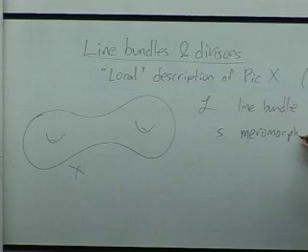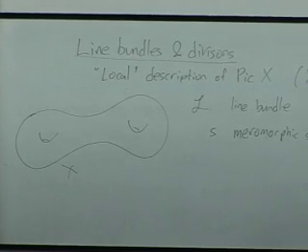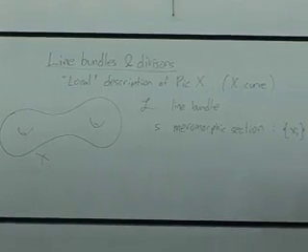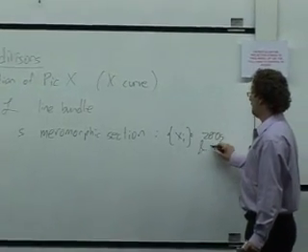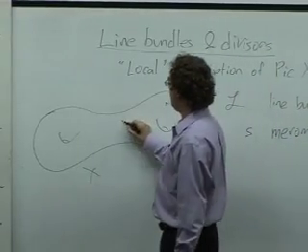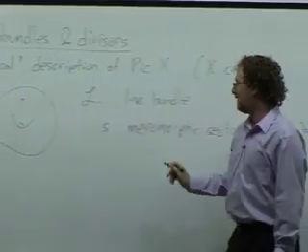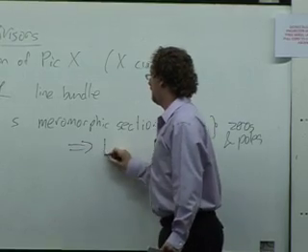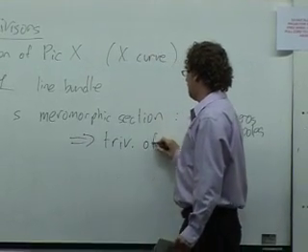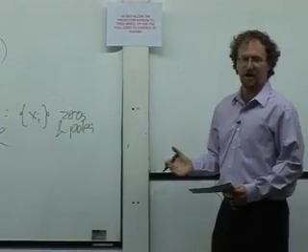So for any holomorphic line bundle on a Riemann surface, I can find a meromorphic section S, which is going to have a finite set x_i of zeros and poles. So we have a section of L that, away from these finitely many points, defines a trivialization. We get a trivialization of L away from these finitely many points. So this already gives us a lot of data to work with.